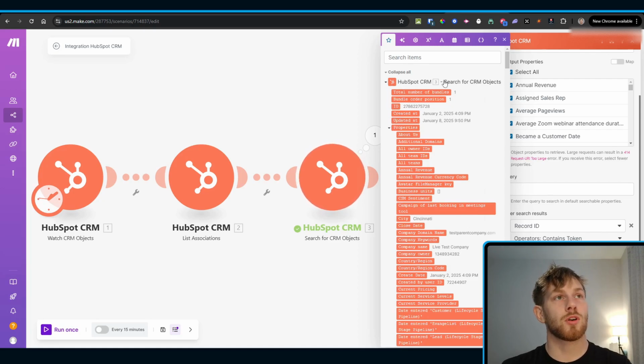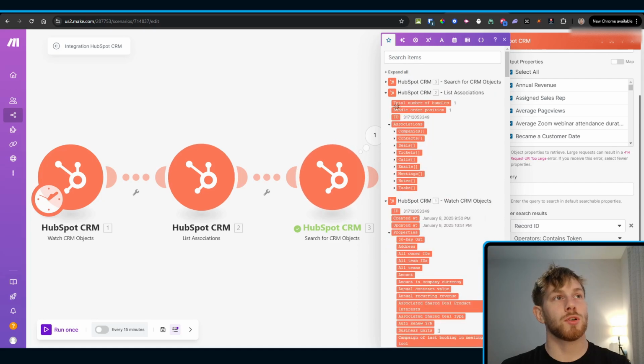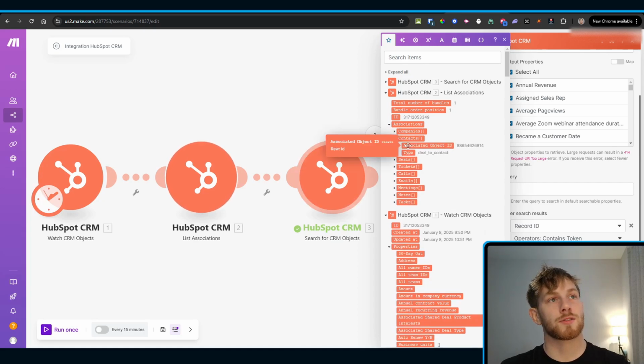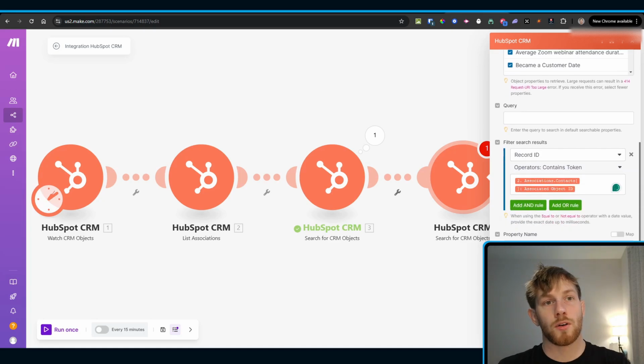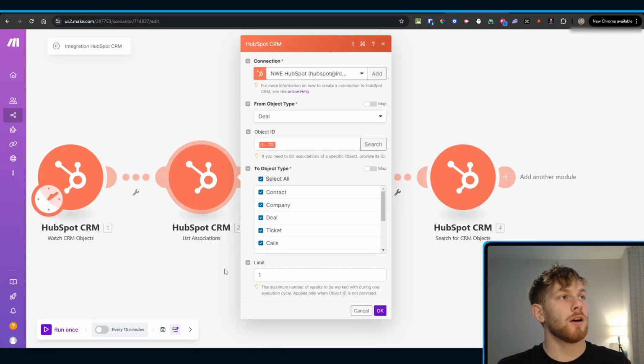And so this consistently will show the most recent one. So close it. We're going to go down to associations of the list associations, click contacts, associated object ID, which is the record. And, oh yeah, I can't copy that there. So we're going to make sure we get rid of the duplication. We're going to hit OK. Now let's